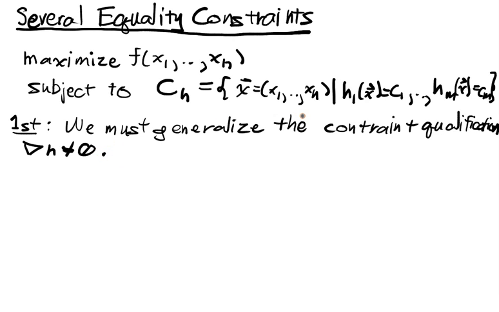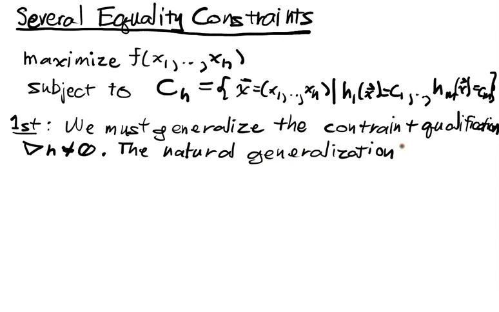But now we have several constraint functions, and so we need to figure out what should be done. Well, the natural generalization is,